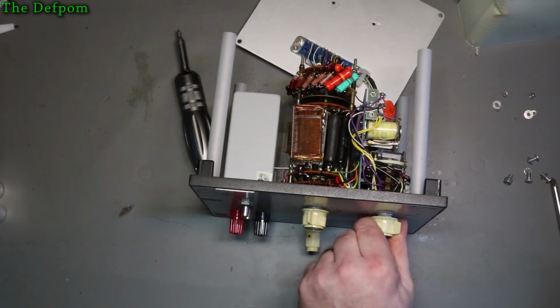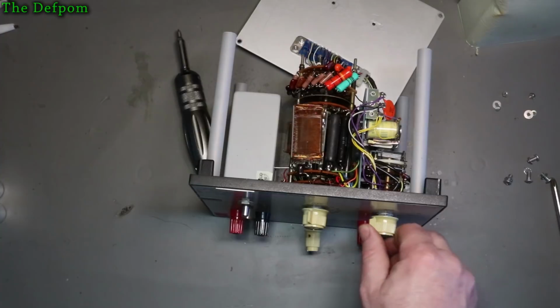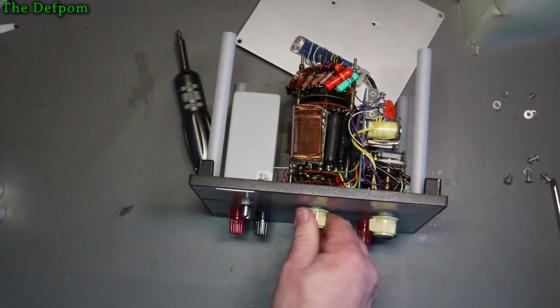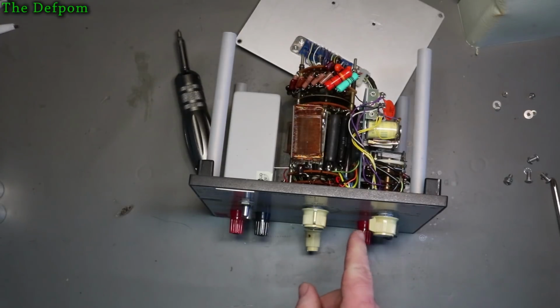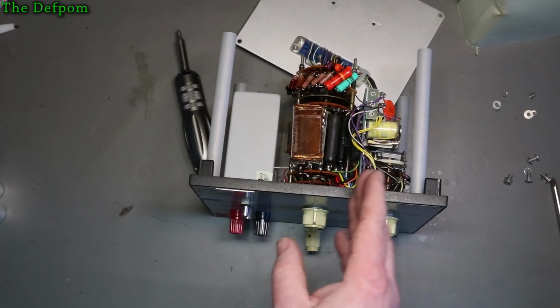Can't see any dirt in there really. Anyway, so hopefully that's all it needs. I'll have a little look around just to make sure things look okay as well. Because what was happening is the protection circuitry was kicking in all the time, or something was kicking in. And what I found is